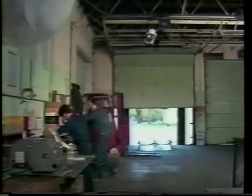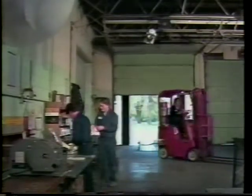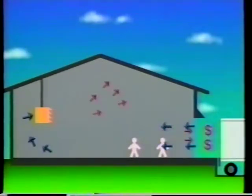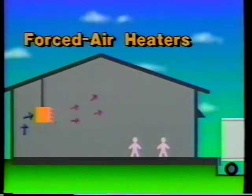A notorious area of heat loss, even in well-insulated buildings, is the loading dock. Large open doors draw in cold outdoor air while warm indoor air is sucked out in what is known as the vortex effect. When loading dock doors are finally shut, forced air heaters must slowly rebuild their warm air bank. On the other hand,